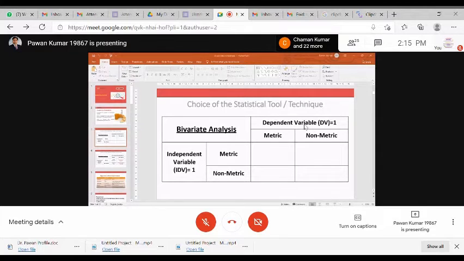The expenses I have incurred on TV advertisement or radio advertisement, and ultimately I am going to study the impact of advertisement on sales. So both the independent and dependent variables are metric data. May I know which technique you would apply?